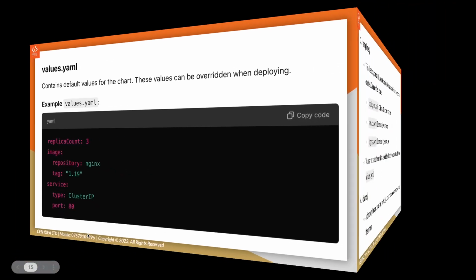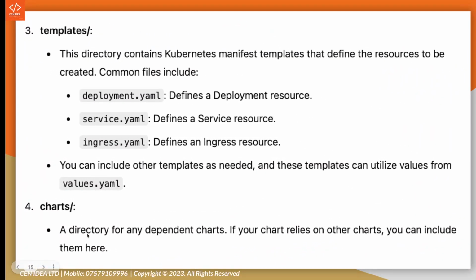So let's move on. The next one, the third one we talked about, is templates. So what is templates? It is simply a directory that contains the Kubernetes manifests that define the resources to be created, managed, or provisioned. And this contains essentially three key things. Well, there could be more, but the three basic things that usually are in this directory are